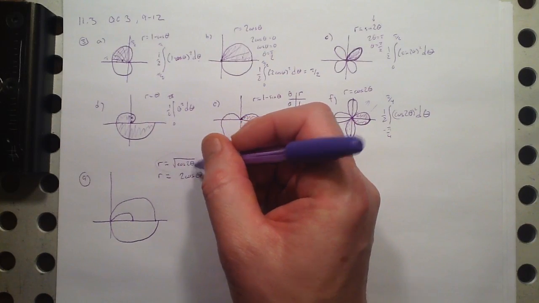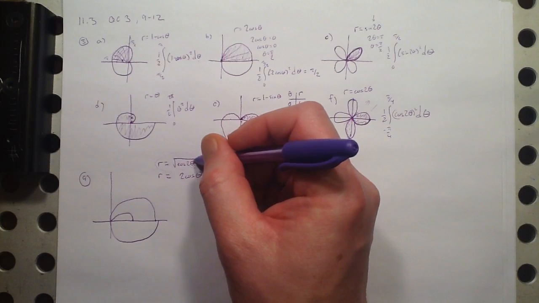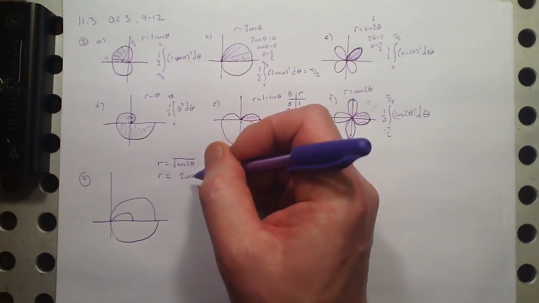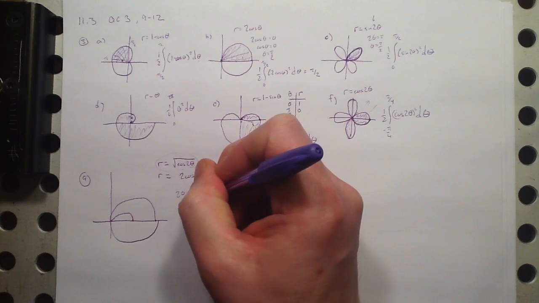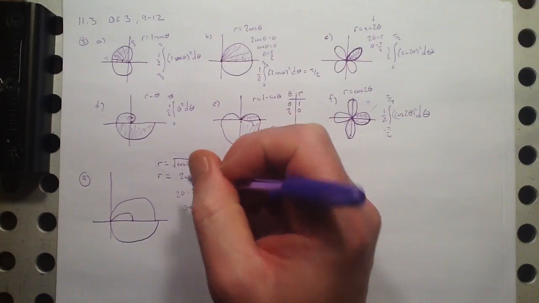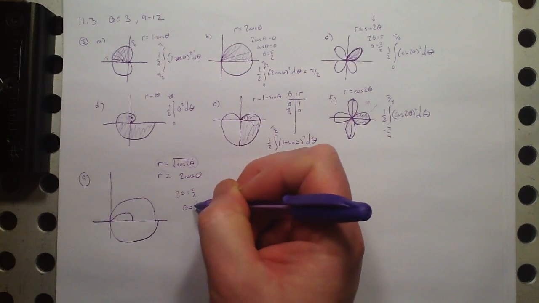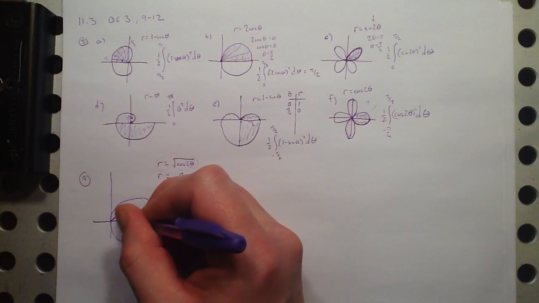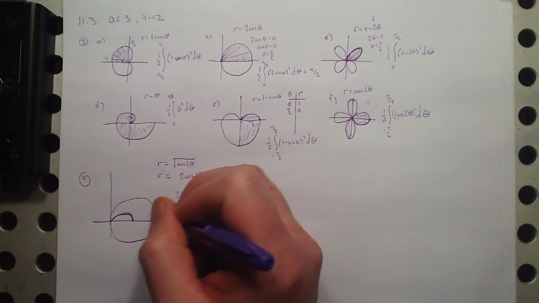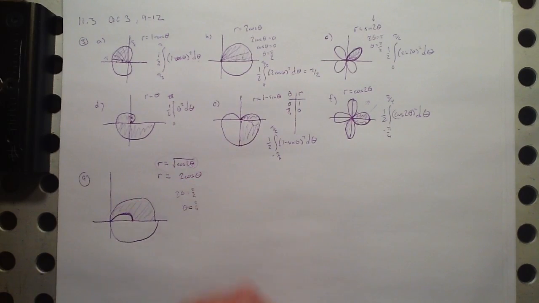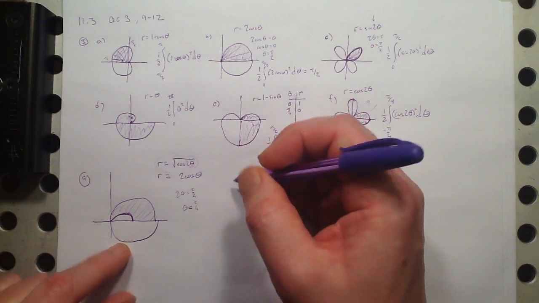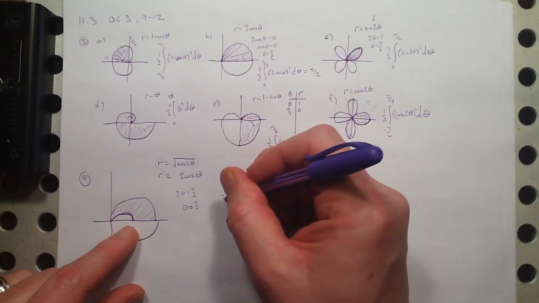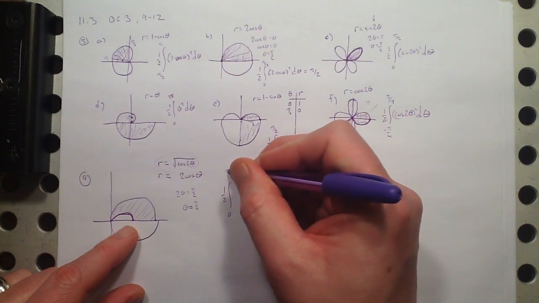Well, cosine of 2 theta is going to be equal to 0 when 2 theta is equal to pi over 2, and that happens when theta is equal to pi over 4. So this inside shape is from 0 to pi over 4. So if I want this shaded area, I need to do this minus this, and the limits of integration are not the same, right, because of the 2 theta there. So the outside one is 1/2 from 0 to pi over 2